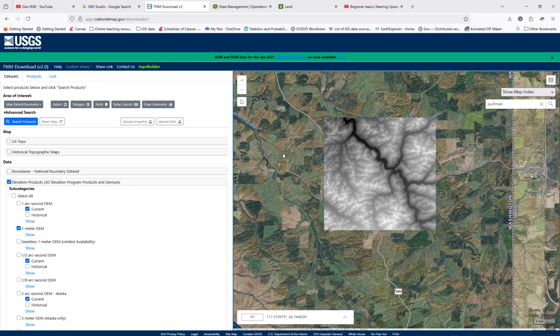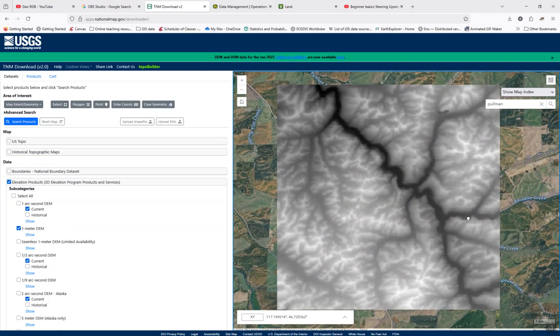You can type in the nearest town, and then you can find roads or other defining landmarks, and then zoom in, because these DEMs are pretty large. Okay, so after you've found your area and zoomed in on it, because we don't want to get DEMs for a large area, just for our main area, you're going to come over to, and I already have the DEM, you won't see the DEM when you start looking,